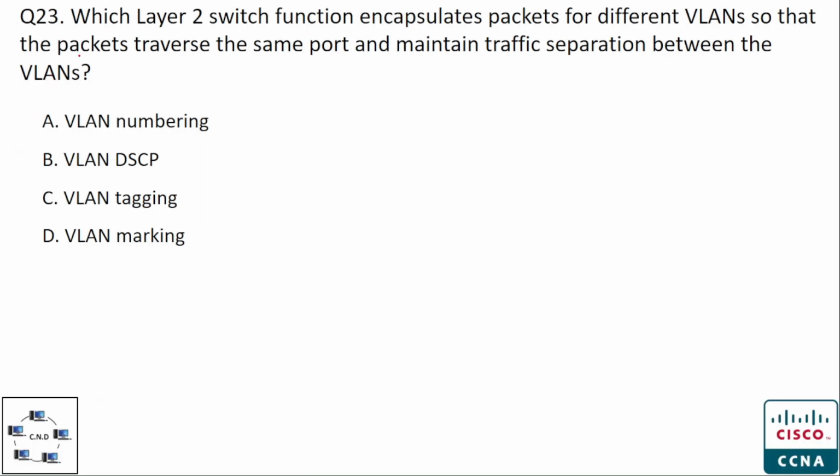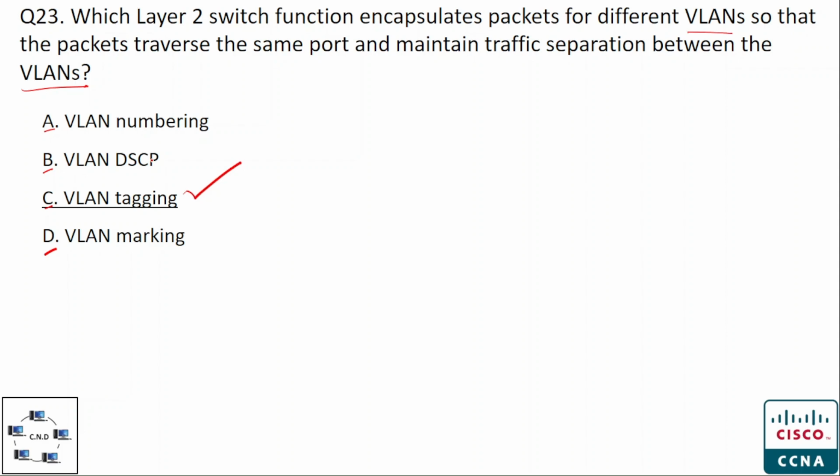Question number 23. Which layer 2 switch function encapsulates packets for different VLANs so that the packets traverse the same port and maintain traffic separation between the VLANs? The options are option A, VLAN numbering, option B, VLAN DSCP, option C, VLAN tagging, and option D, VLAN marking. And the correct option is